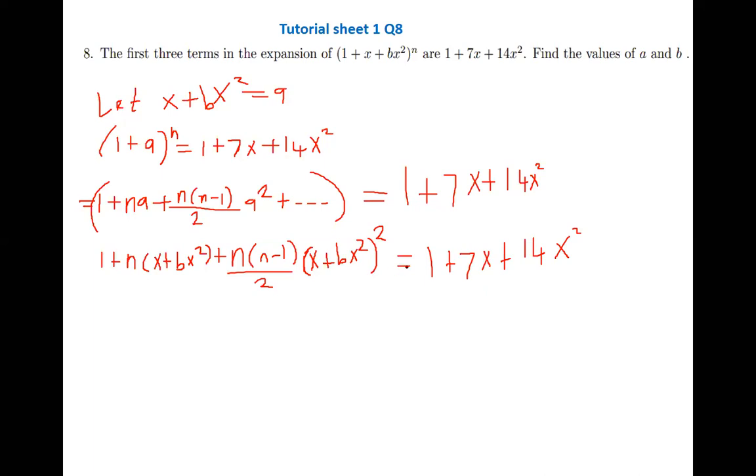So 1 there is equal to 1. And then this part here is equal to that part. Then that part